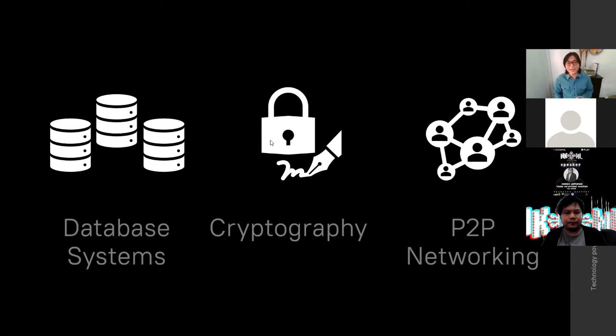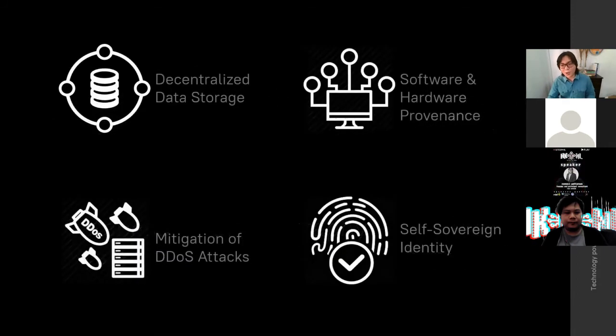And because of this, blockchain is perfect for use cases that require a single source of truth. And since it is technically just a way to securely store data, it can be used in any industry use case. Now, these are just a few of the examples where blockchain provides great benefit for cybersecurity. But what we'll be focusing on here is self-sovereign identity, because this is what's going to help us solve the risks of Web3 that I shared earlier.